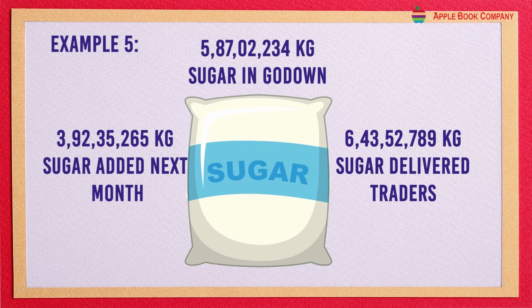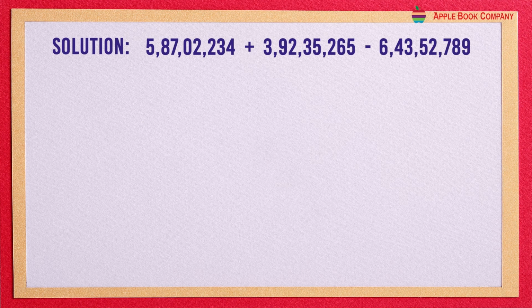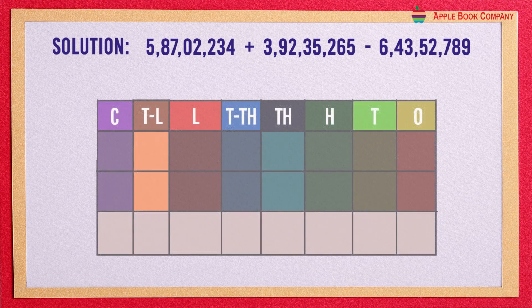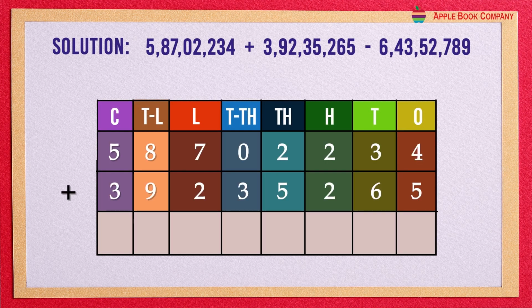So here in this problem, you have to add 587,02,234 plus 392,35,265, and then you have to subtract 643,52,789 kg of sugar. So start by adding the first two values. So you get a total value of 979374999. So from this value, you have to subtract